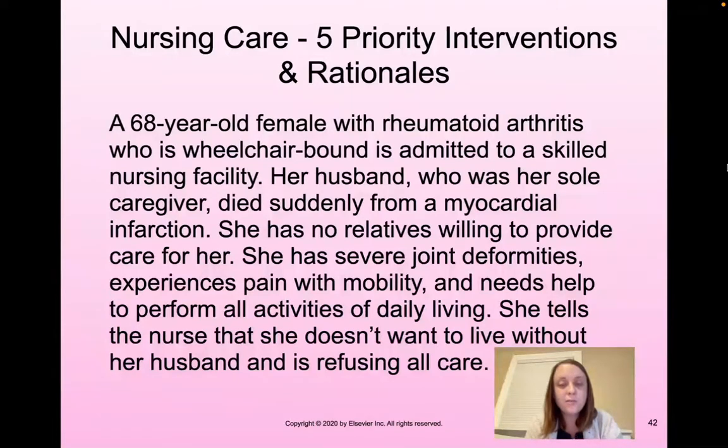So, first intervention would be a psych consult to help her work through these feelings of grief that she's having, these feelings of depression, and help her find a path forward. My next intervention would be helping her to establish the resources she needs to accomplish her activities of daily living. So, setting her up with visiting nurses, or a long-term care facility, anything like that that will help her have the resources she needs to accomplish those